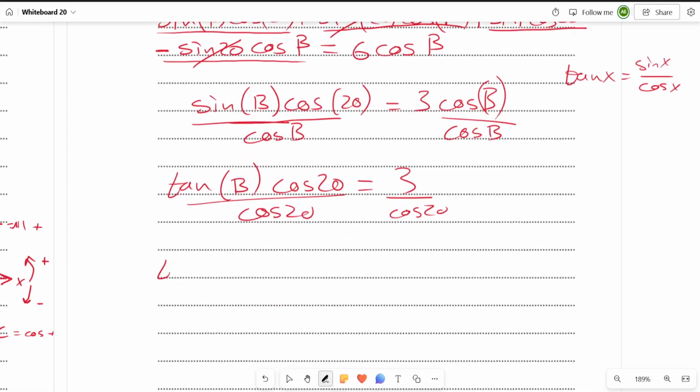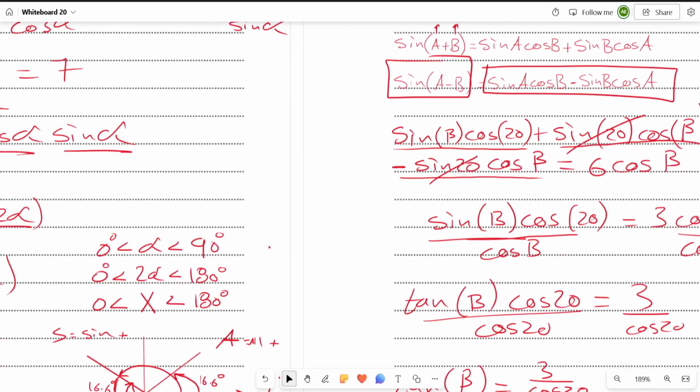So over here, my final simplified and manipulated equation is going to be tan beta equals 3 over cosine 20. Now from here, I can start to solve very similarly to what I've done before. So first of all, this is already beta. It's not 2 times beta, or it's not beta plus 30. So no manipulation or